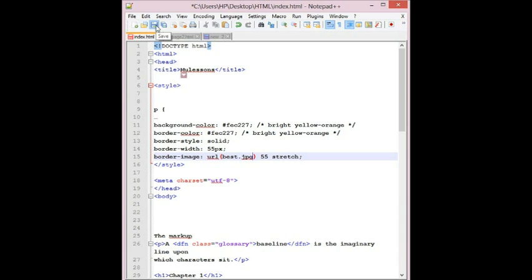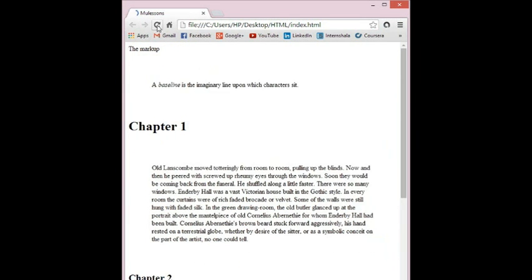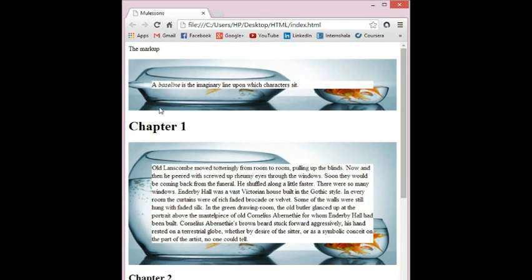So now let's see what happens in the browser. You can see that the image is surrounding the content of the paragraph. The source of the border image is the best.jpg image, and because the slice points are the same on all four sides, which is 55 pixels, I only need to specify the value 55 once.